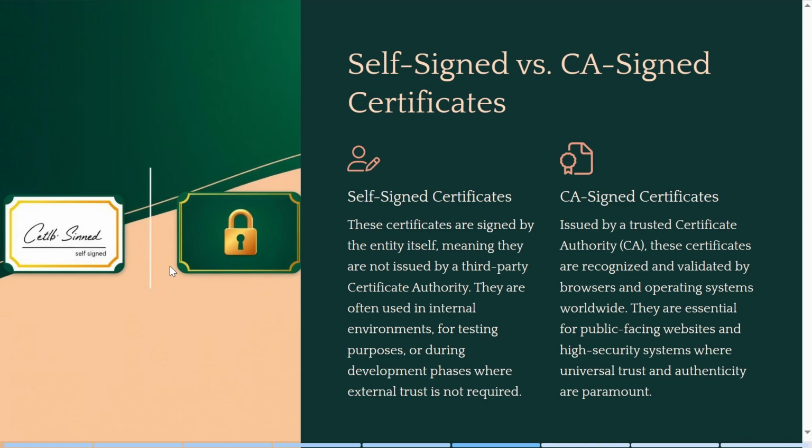And if we have just the testing environments, or a non-critical environment where we just do some development or internal tests, we will be using self-signed certificates. But for 99.99% of the critical websites or the internet-facing websites, the CA-signed certificates will be used. Most of the browsers don't even support the self-signed certificates. Okay,